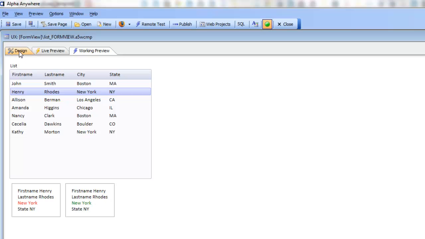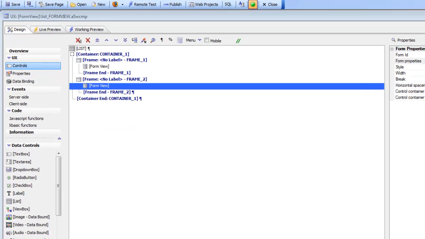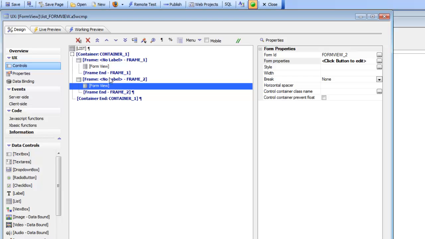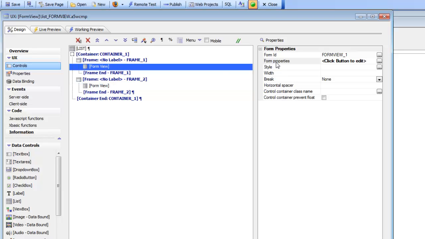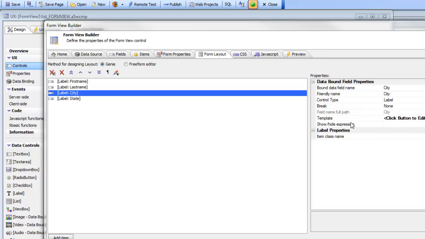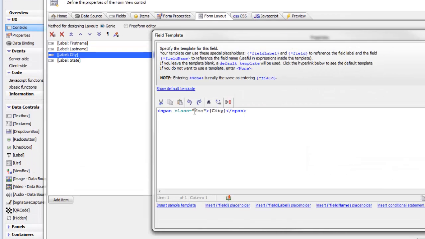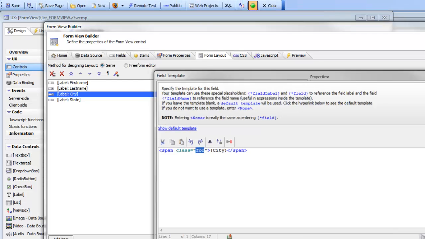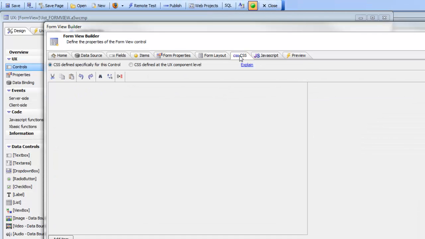And yet when we go back to look at the form definition, we'll see that in both cases the class name used in both forms is the same. So let's go back now to the form, and we can see there in form 1 basically the city field is wrapped in a template that uses a class called foo, and that template is defined over here as a local CSS definition, and here you can see that foo is defined as